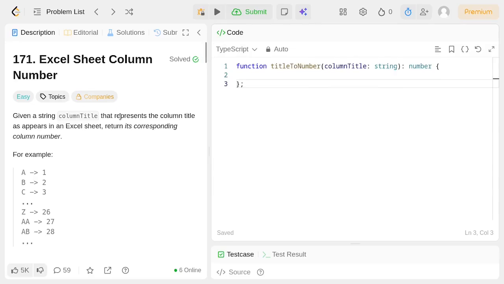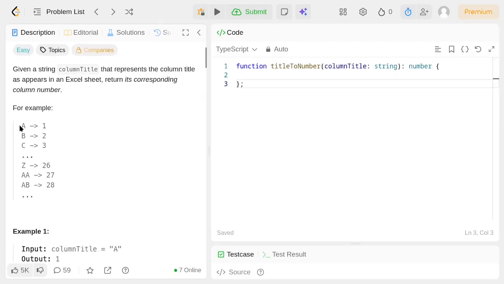And for this particular challenge, given a string of the column title as it appears in an Excel sheet, return its corresponding column number. In this example, we have the letter A, which is the column title of A in Excel or Google Sheets, which is converted into the numerical value of 1. B is 2, C is 3, D is 4, E is 5, and so on and so forth until